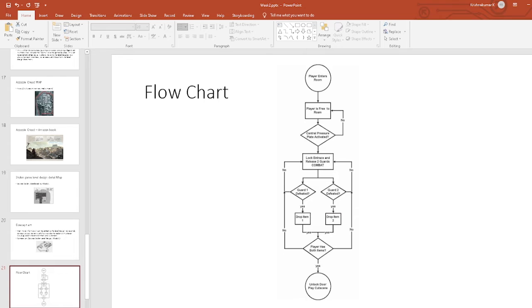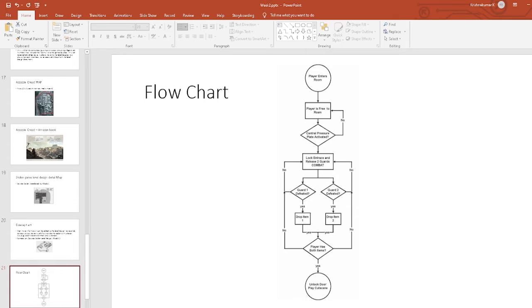For example, here you can see that first the player enters the room, then the player is free to roam, and the central pressure plate is activated. If yes, lock the entrance and release two guards. Then if one guard is defeated, drop item 1.